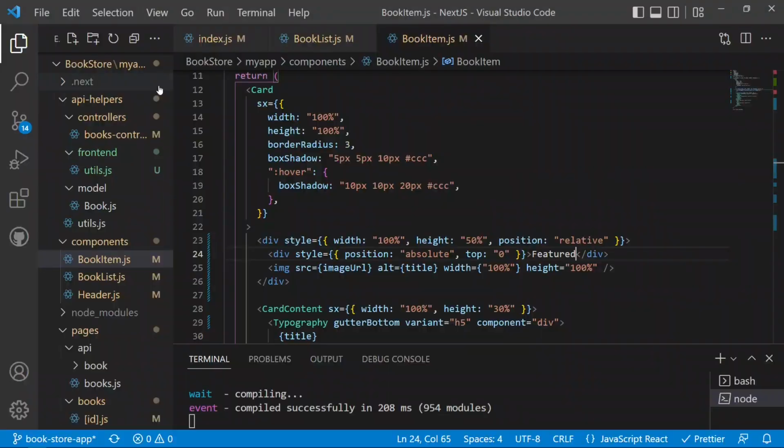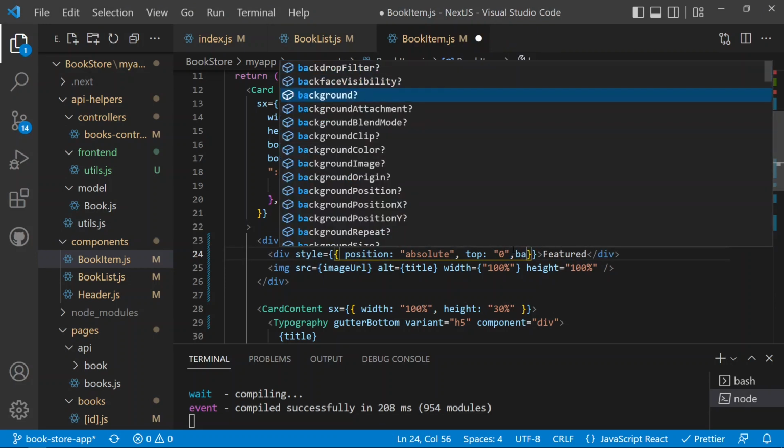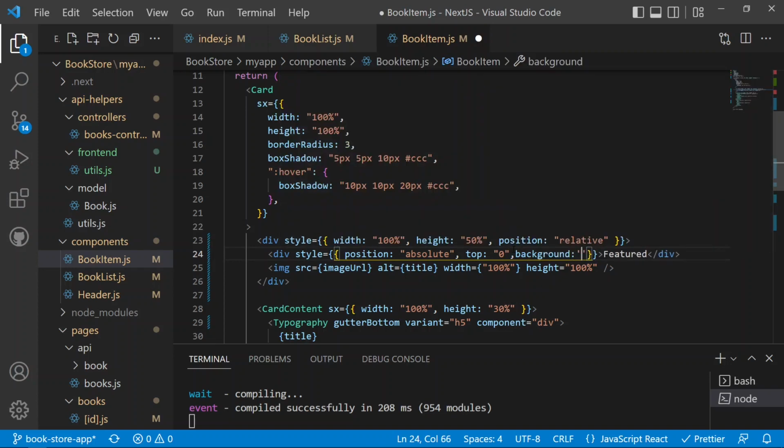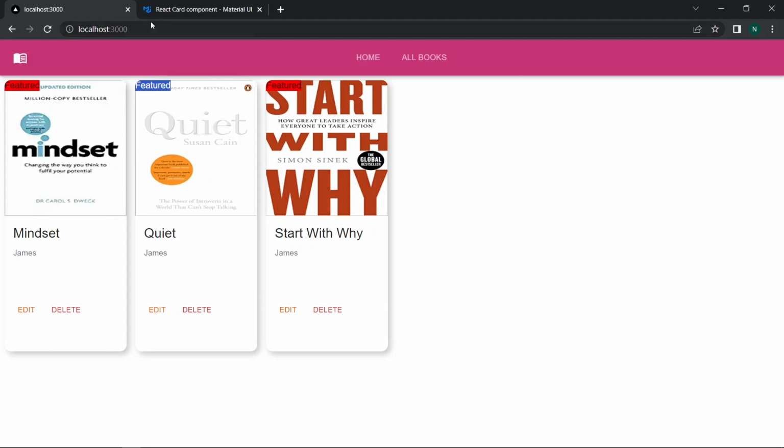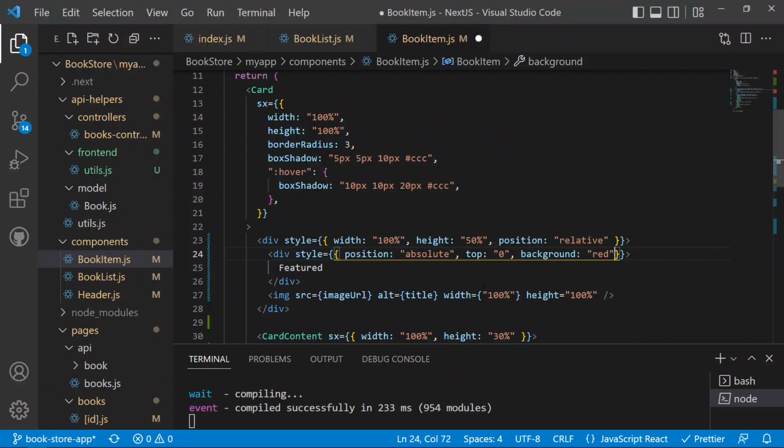So we got the featured, and after that we can also style this featured as well. So we can just move on to the div which contains the featured, and then we can also add some more styling, like the background color. We can have the background as gray or red. So we can have the red background with that, and then you can see now we got the featured with the red background. And after that, now we can move on, and then we can define the width